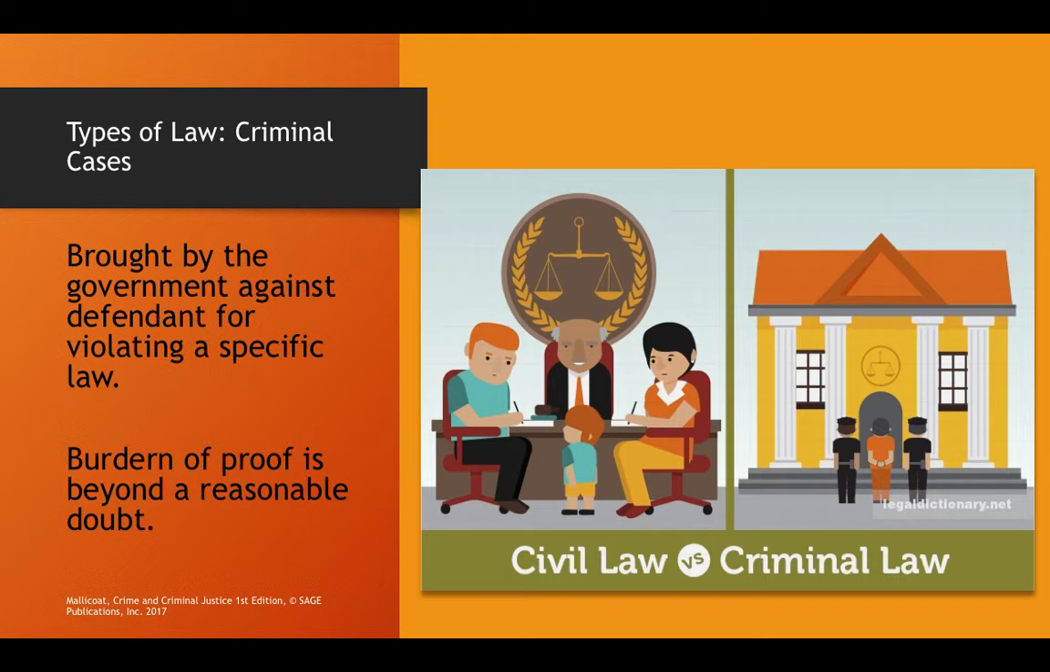Now, in a civil case, I indicated that one person will bring the case against the other, whereas in a criminal case, it is the government that brings the case against the defendant. So the government is the plaintiff, okay? So let's say that one individual is being tried for battery. Yes, they may have assaulted somebody, okay? But it is the government that is bringing the case against the defendant. The government might use the victim as evidence, but it is the government that will bring the case against that